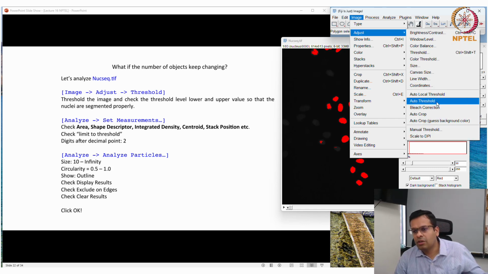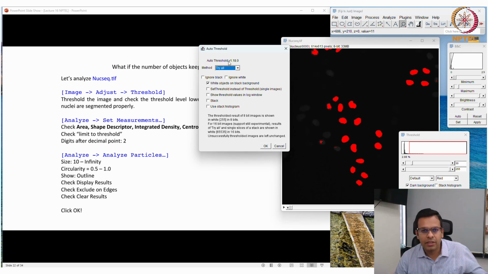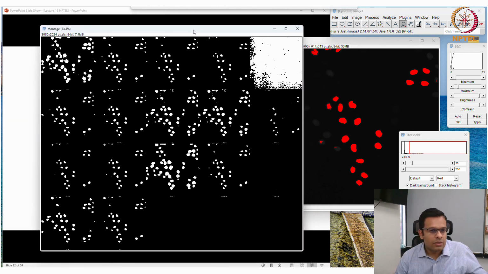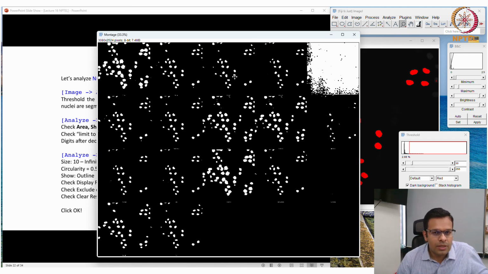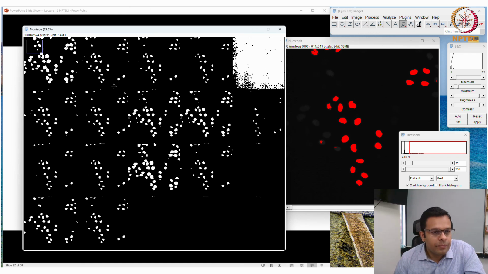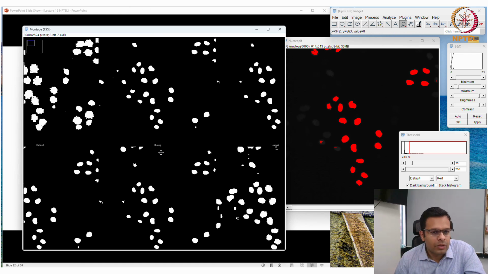It will show me how all the algorithms detect the different nuclei. Out of this, I think the Huang algorithm has worked well.